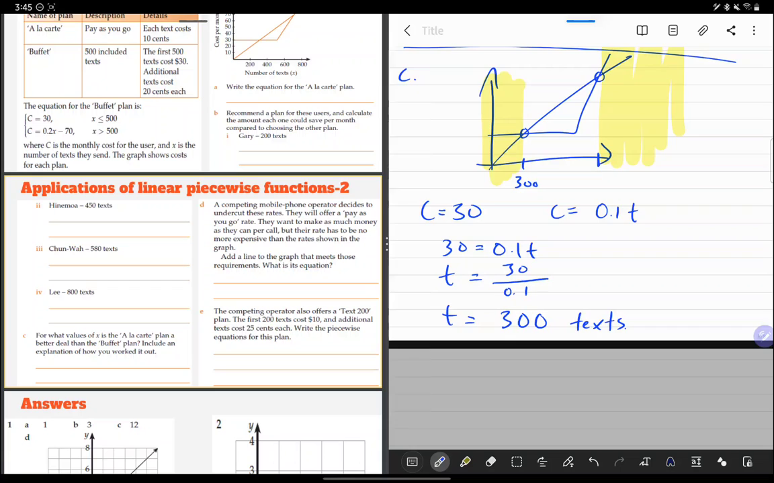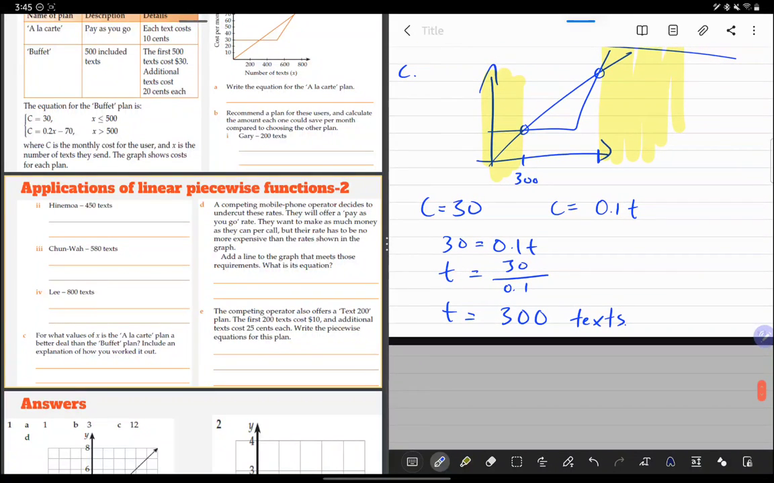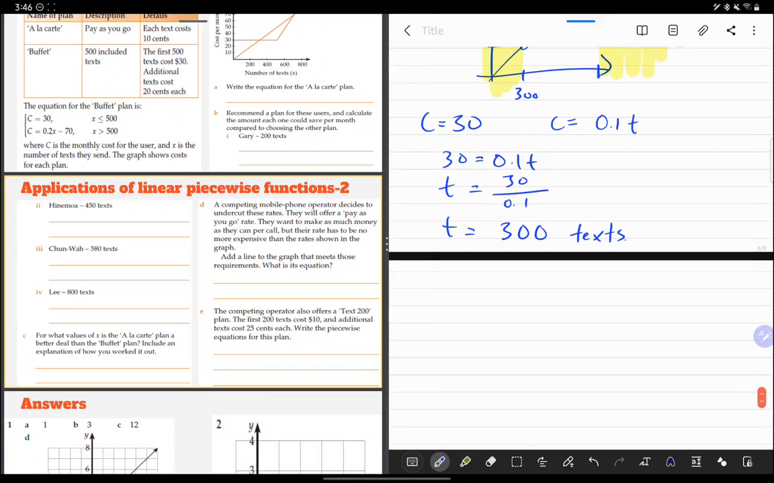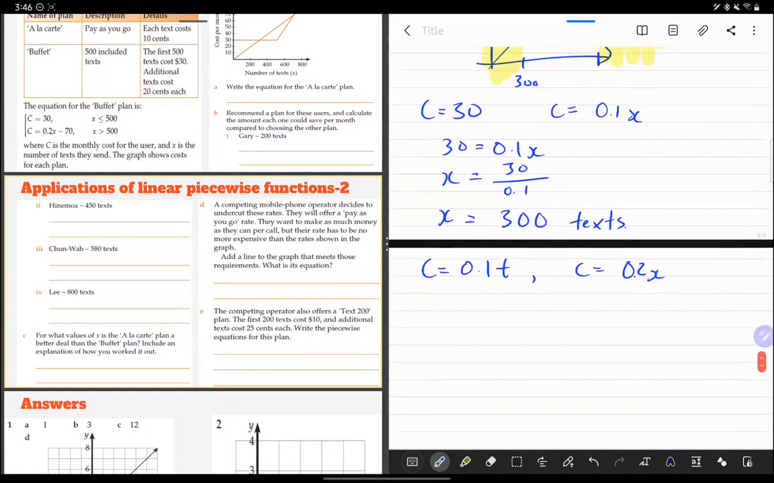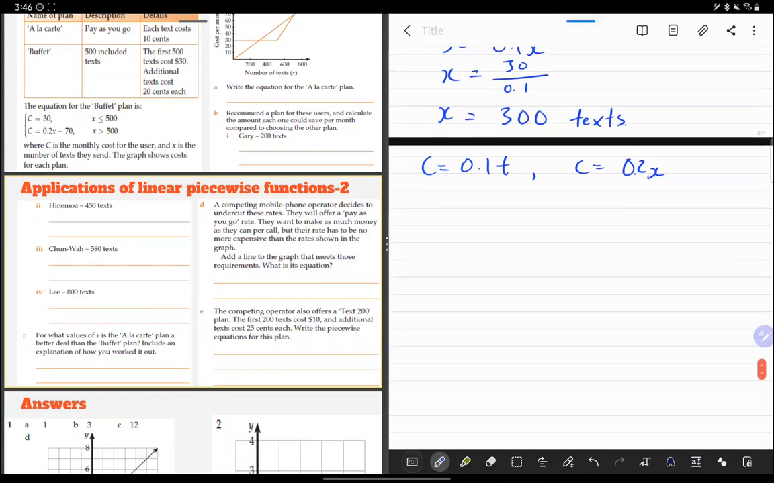Now we want to know this point here. Let's work out that one as well. Now we know buffet has moved on to its second equation. So we still have this for our a la carte equation, but our buffet equation is now, oops, sorry. I don't know why I put x there. I know we've been using t. Just realized, from the last equation, it eluded me. Anyway,